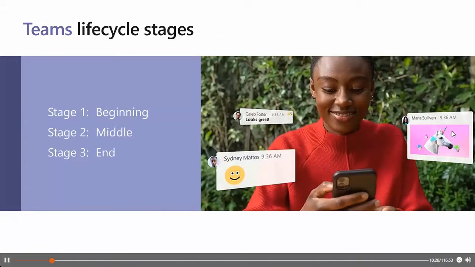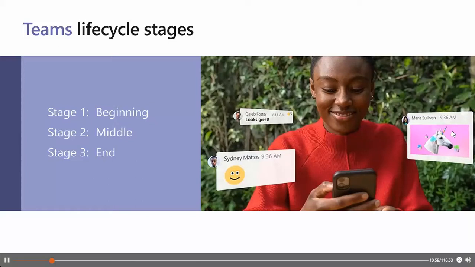If we talk about the team's lifecycle stages, we have 3 specific stages. The beginning, where we talk about the creation of the team, setting up the channels. The middle, where the main work happens, and specifically in a team, the collaboration starts, you share documents, you work with the material, and obviously stage 3, where we end or sunset a specific team, because the project is over or the topic is no longer of interest inside of the organization.